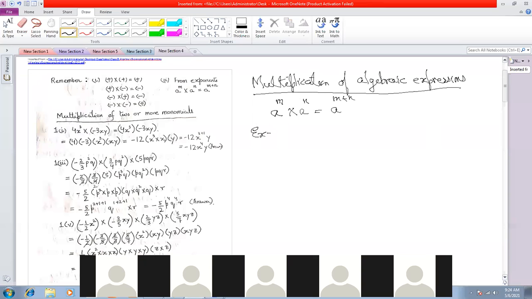So an example of this can be, suppose if I am to multiply x square with x cube, how do I multiply? Since the bases are same, this is called the base, right? X is the base, and 2 and 3 are called powers, right? When the bases are same, we can add the powers. X to the power of 2 plus 3 is equal to x to the power of 5, right? You have done this.